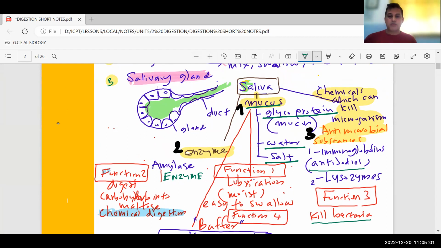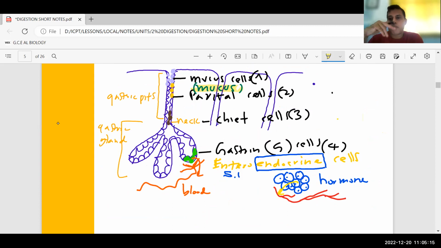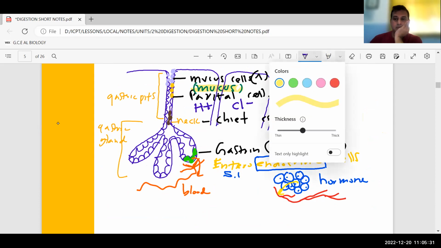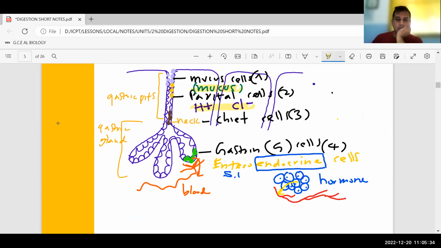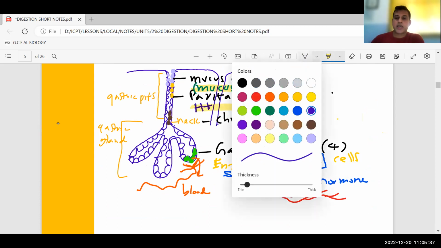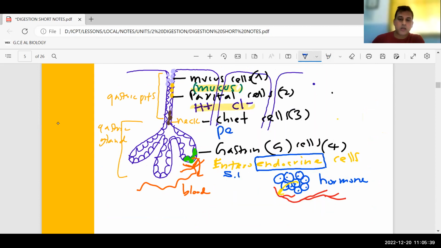So the stomach is doing the same thing. It produces mucus. Parietal cells produce hydrogen ions and chloride ions. And chief cells produce an enzyme called pep